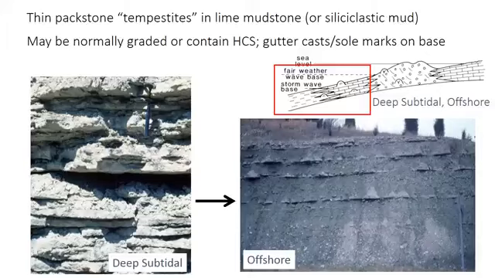So as I mentioned in the last video, the rate of carbonate sediment production decreases as the water depth gets deeper. So in these really deeper water environments below storm wave base, the mud may have a lot of clastic, or also called terrigenous, clay in it just because carbonate production rates are very low.